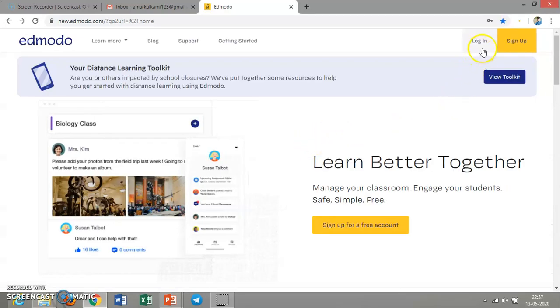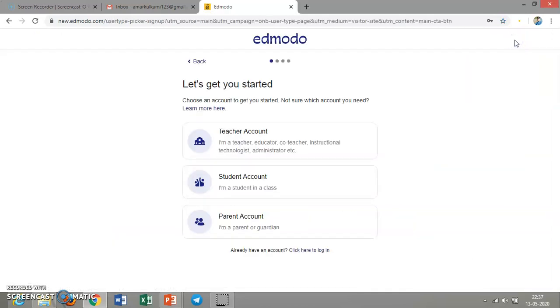If you already have an account, just go with login. If you don't have any account in Edmodo, just go with sign up. So they will ask whether you are a teacher, student or parent. This Edmodo software gives a feature to join a parent to that particular class to get the progress of his